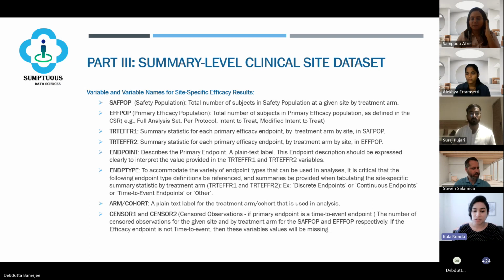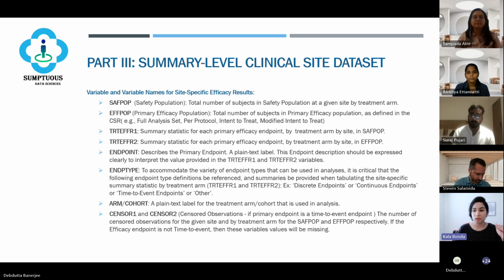An endpoint type variable comes in handy when we have multiple endpoints for that study. Whether it's a discrete endpoint or continuous endpoint, or in some cases time to event endpoints, that can be mentioned here. For each endpoint type, there will be an additional record by site, by treatment arm, by endpoint and endpoint